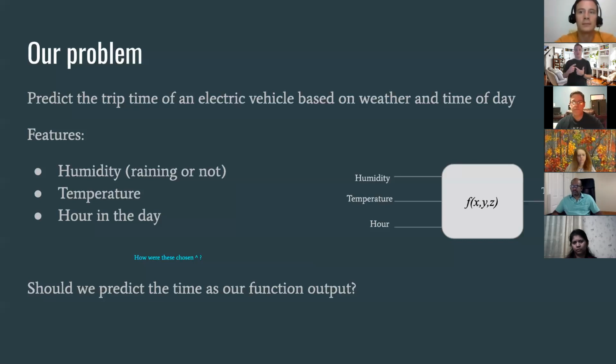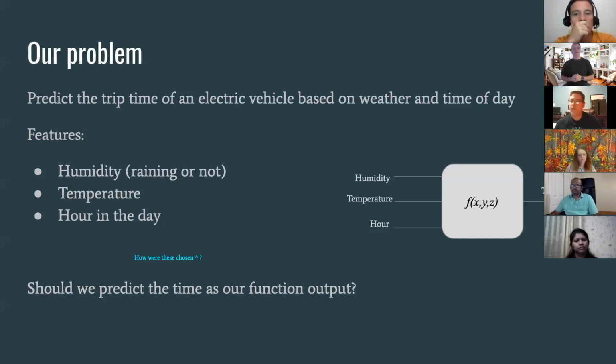The temperature. Now you might say, how does temperature impact? Well, if it's really cold, that combined with humidity means ice potentially, so that also has an impact. And then hour of day. Why didn't I do second or minute? Because we don't have enough data, and trying to predict on a minute by minute basis would be crazy. So we're going to bucket. We're going to classify this as 6 a.m., 7 a.m., 8 a.m. So here's the question for you guys.